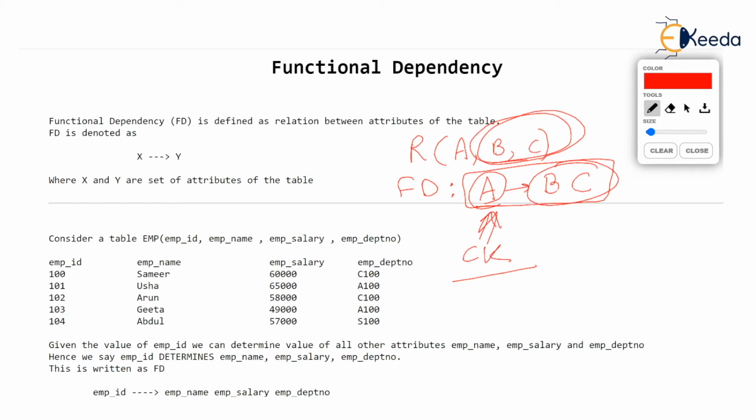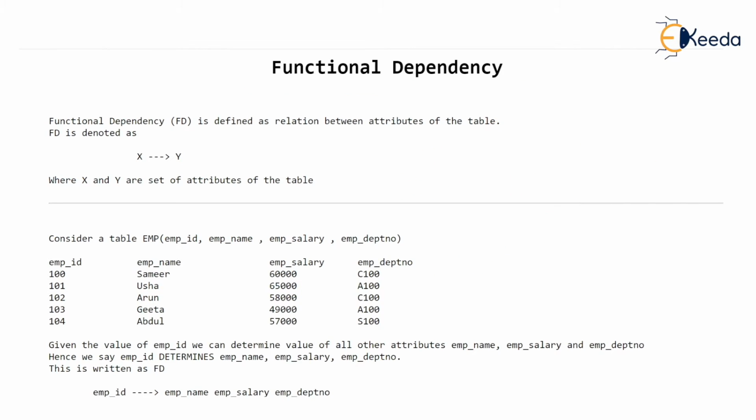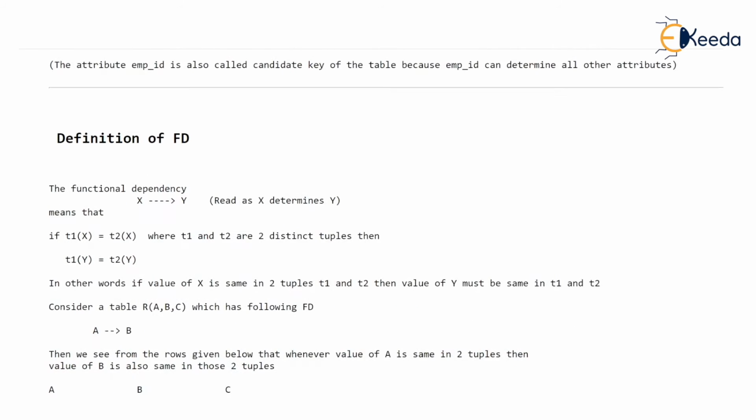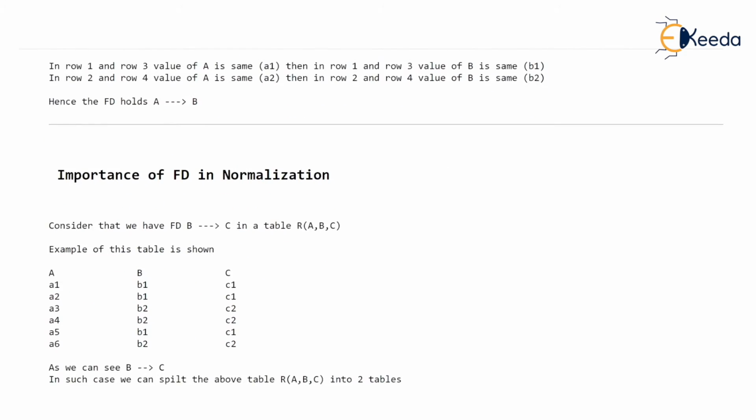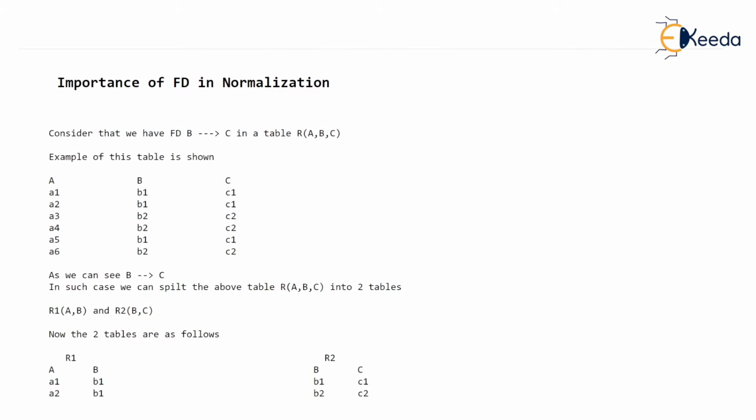So how important the specification of FD is, you please try to understand. Functional dependencies will help us in normalization. I told you, not only that, they will also help us in knowing many details like what is the candidate key, what is the primary key, and what is the super key. These three terms can be easily defined by using functional dependency. By the way, after learning the definition of FD, let's see the importance of FD in normalization.